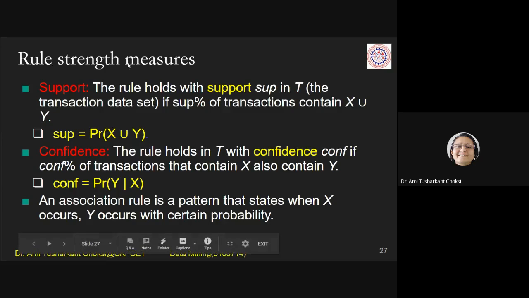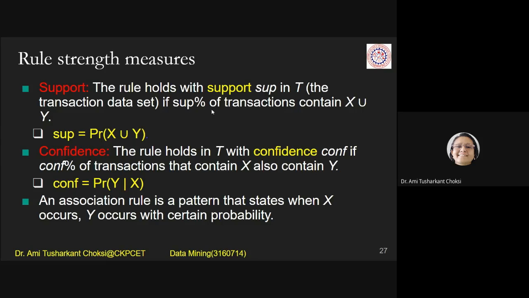Now, rule strength measures. This is what we talked about yesterday. That is, we have the measures, their support and confidence. Now, let us see what they are and how we can find them. So, for that, the rule holds with support, written as SUP, in T transaction data if